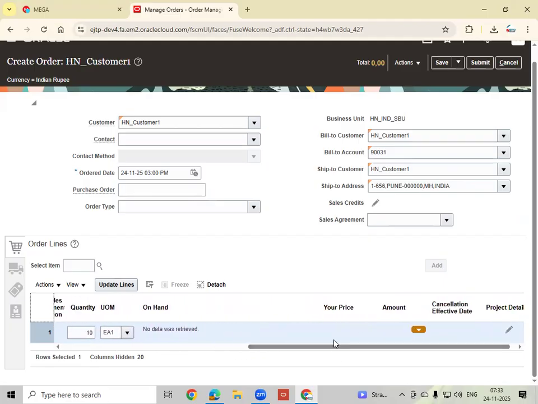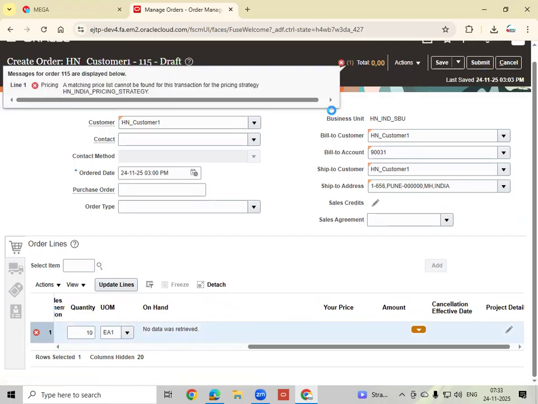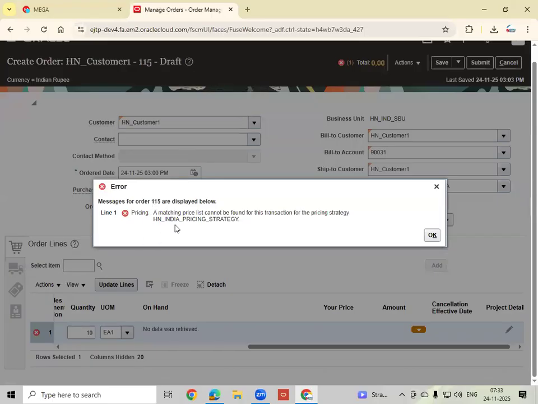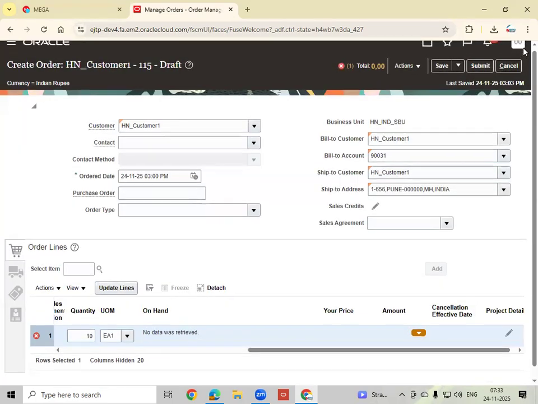That's okay. So now if the price is successfully defaulted, you can save and submit. Here it is pricing related only. See, "matching price list cannot be found for this transaction." So this is my strategy, but it is not finding it. It is showing, but when you verify